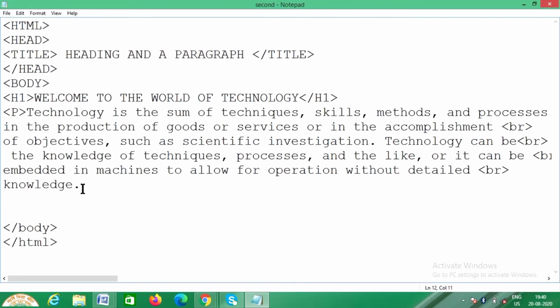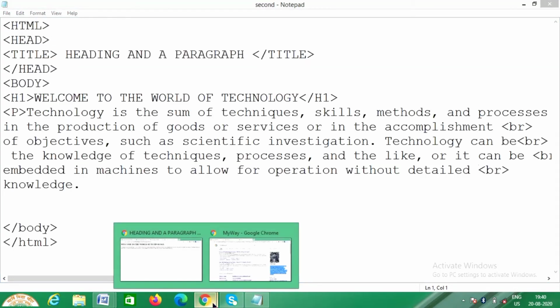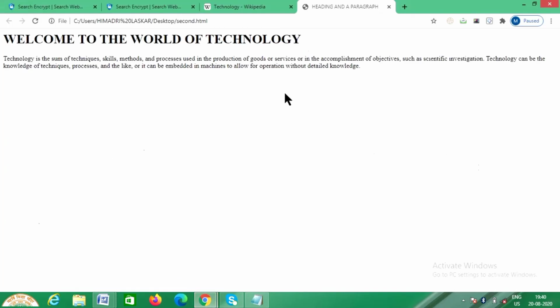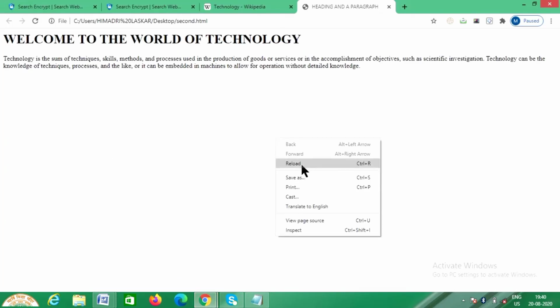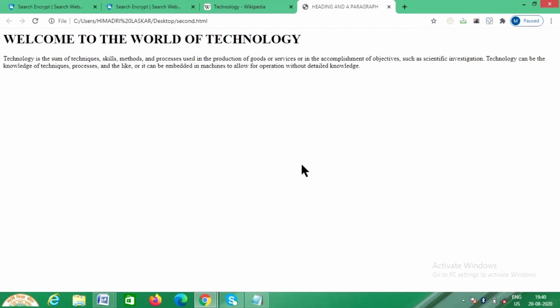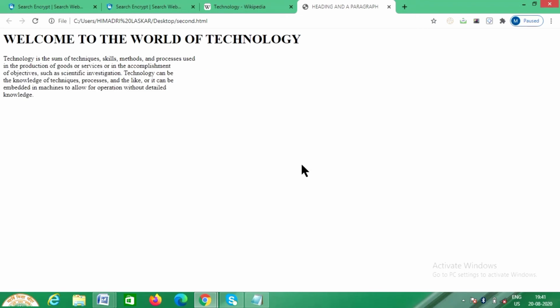We do not need more breaking of a line, isn't it? We don't have a line after this, so we will not write break after this. Fine. So now let us save it and see. Save. Go back to your browser, right click and reload or refresh. See, it's coming like this. So this is our second practical.